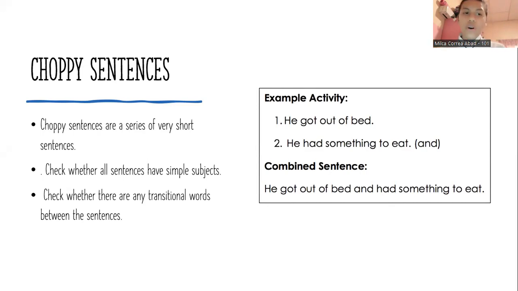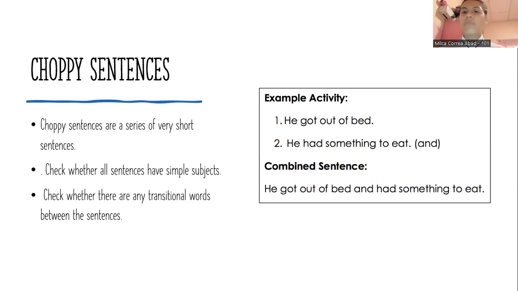How do we avoid those? Simple, by using transitional words between those sentences that will help us to make a combined sentence and make it clear to the reader and easy to understand. So we have to check whether all sentences have a simple subject. For example, we have here,